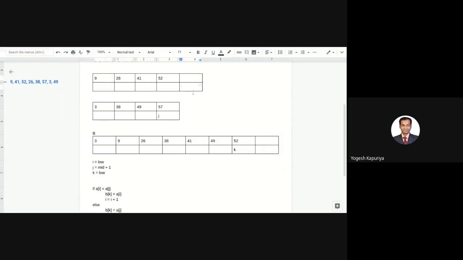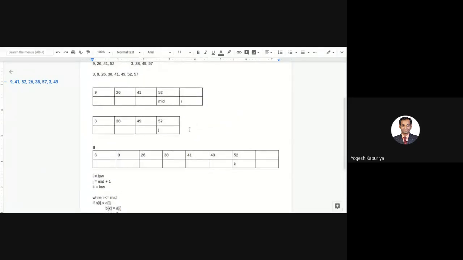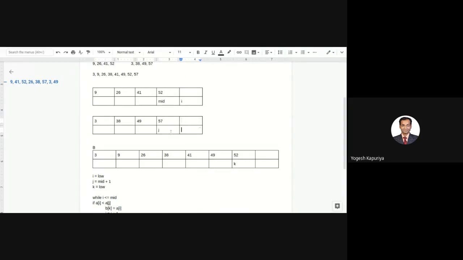i is getting incremented. Now remember this is your midpoint and your i is greater than mid. So now this is the scenario in which your loop should terminate. So what you are writing is, while i is less than or equal to mid. At the same time, sometimes it may happen that your j finishes its task first, so instead of i coming here, your j comes here.